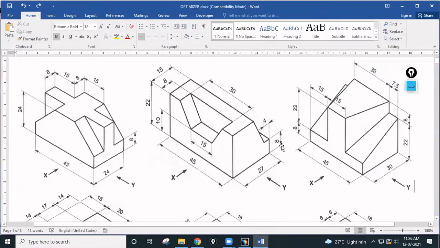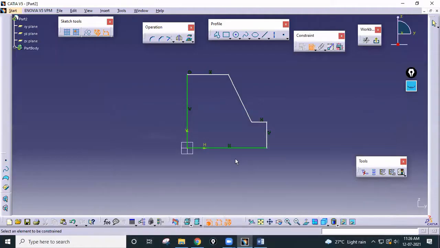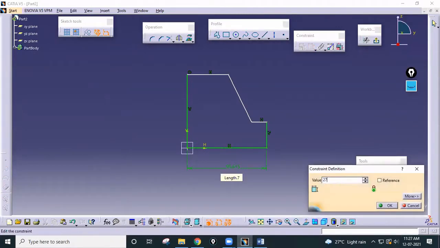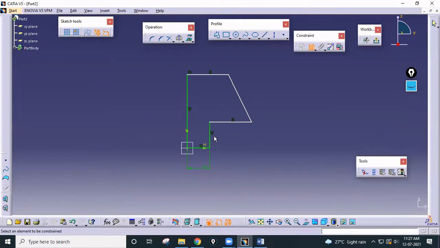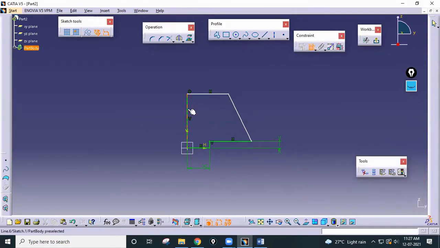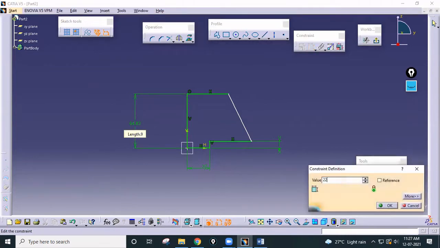This is total 27, total height is 22, and this is 8 and 4: 27, 22, 8, 4. These dimensions you need to give here. This is 27, this will be 8, and this one is 22.